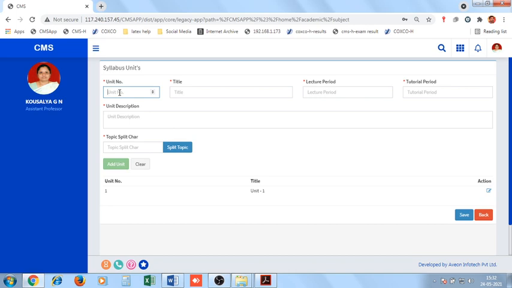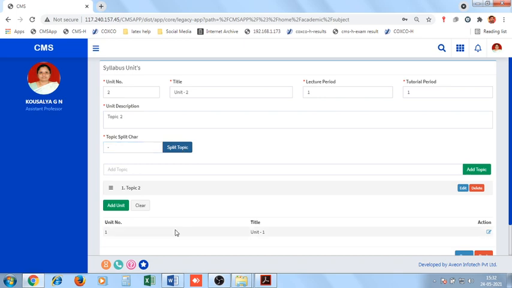Then again, unit number 2, title unit 2, lecture period 1, tutorial period 1, topic description topic 2, split character hyphen, split topic, add unit.